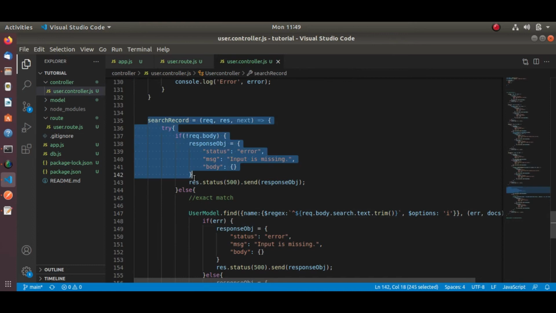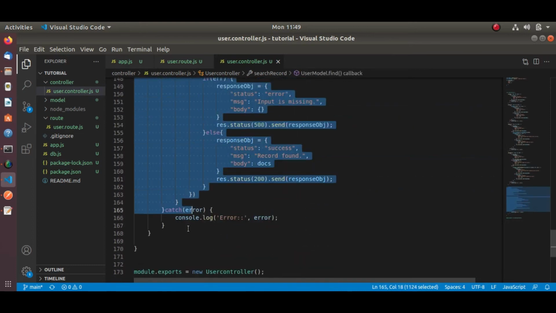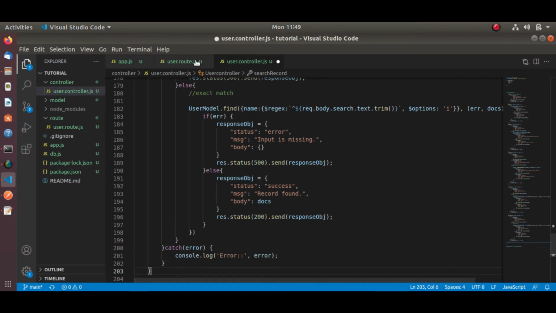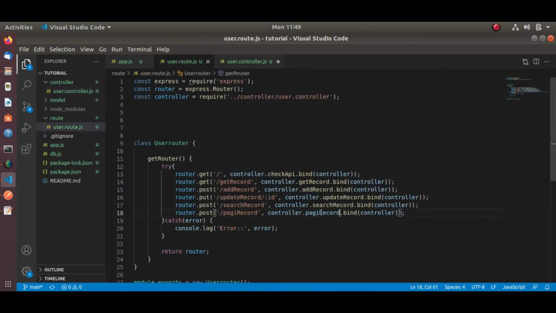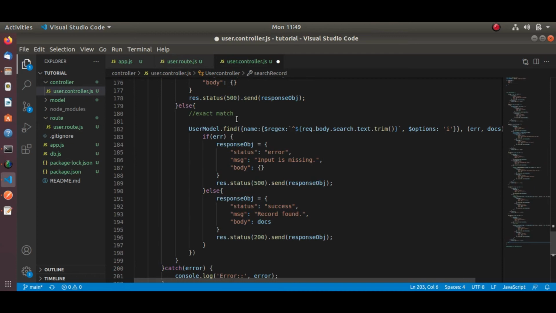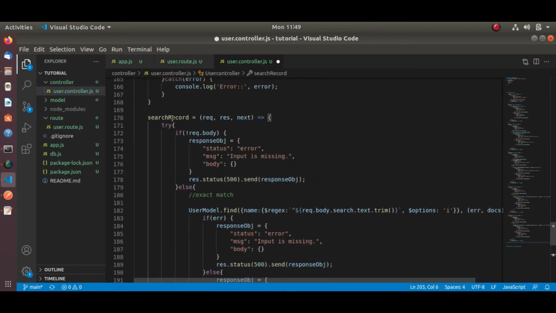Let's copy the previous code and paste it, and accordingly change our controller method name. This is the page route, and my method name is page record.